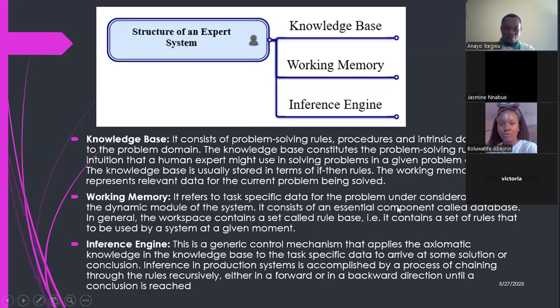All right. Moving on. The structure of an expert system is categorized into three: knowledge base, working memory, and inference engine. All these three key concepts contribute to a good structure of an expert system. It must have a knowledge base,